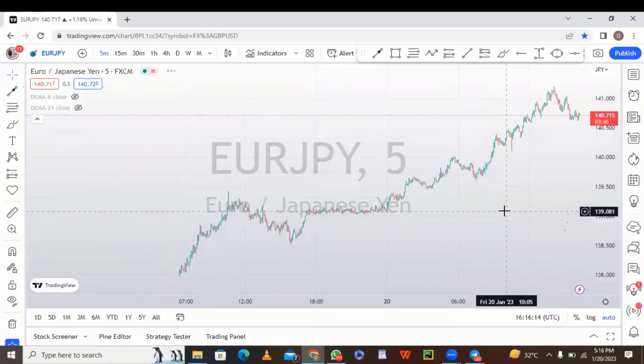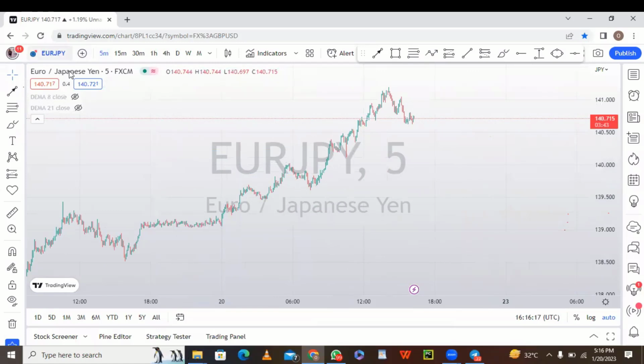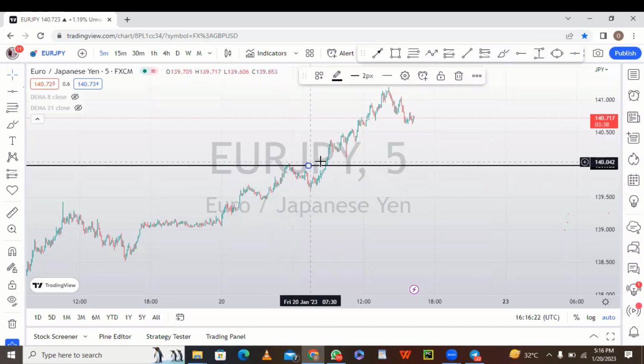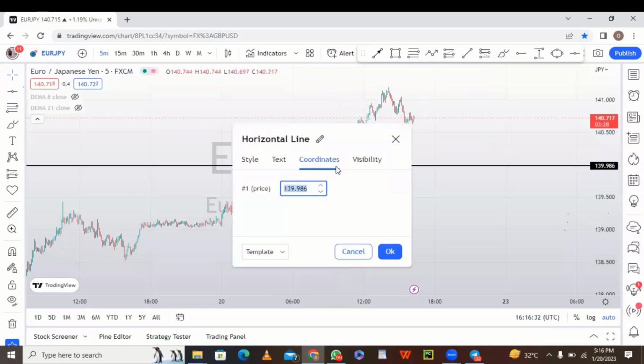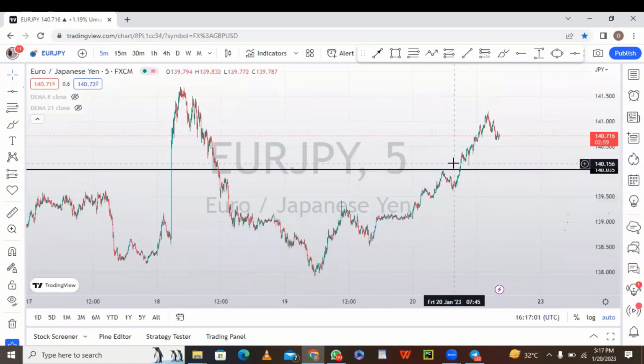You reset your charts. Once you have your pair, the next thing you want to do is find a way to look for that particular price level. Okay, I'm using this horizontal line. Remember, the level we are looking at is 140.035. Okay, so I have to edit it so that we have the same price level, 140.035. Sorry, 5. Okay, this is the particular price level that we are asked to take this entry from.